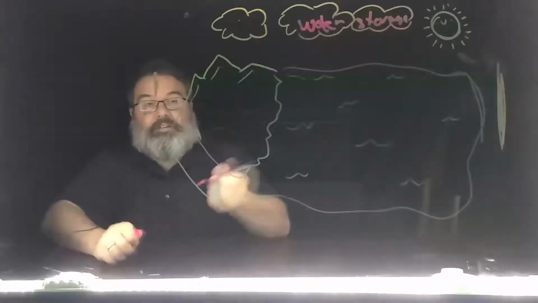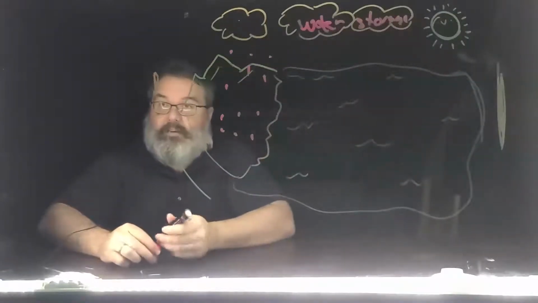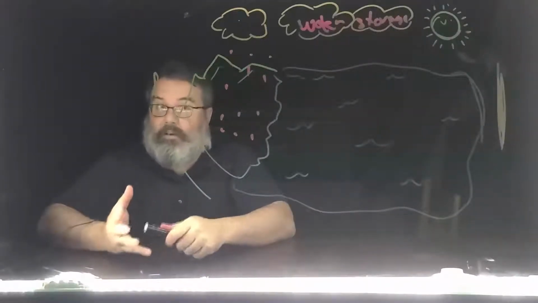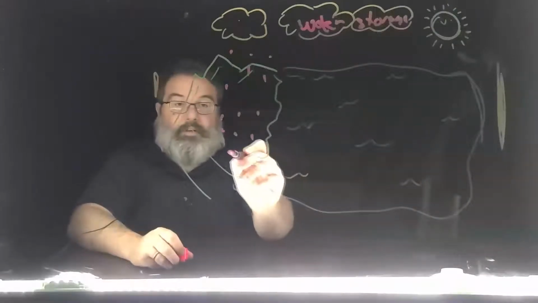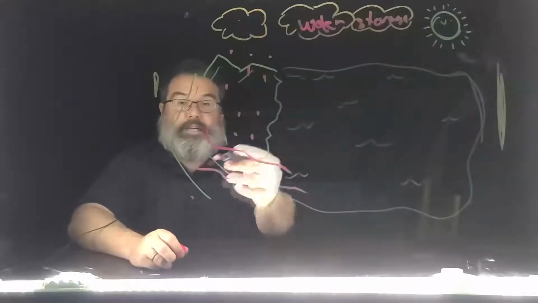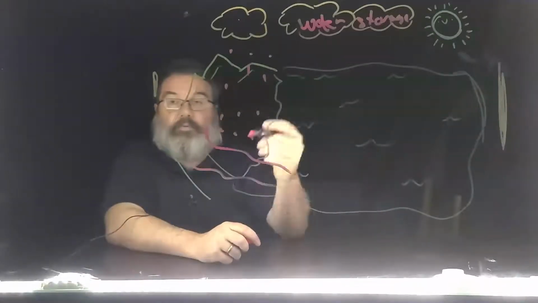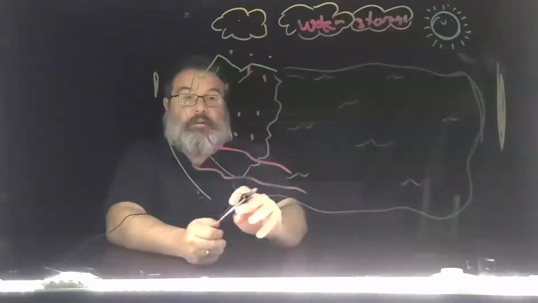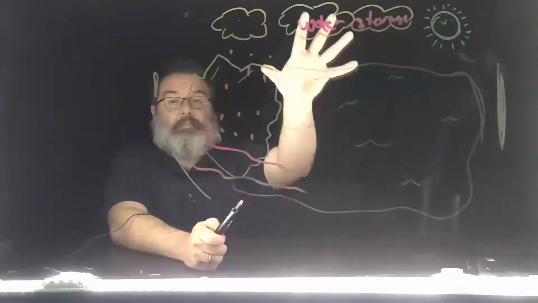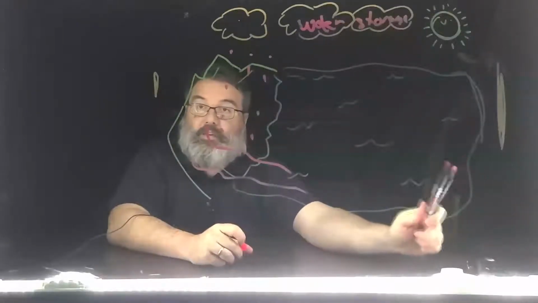So precipitation, coming down from the clouds, can take multiple forms. This could be water, sleet, snow, hail. Then we have runoff coming off of the mountains and hills, down to our rivers and streams, and flowing into our ocean. Then transpiration is where we're releasing moisture from plants and animals back into the Earth's atmosphere, which is also associated with evaporation,